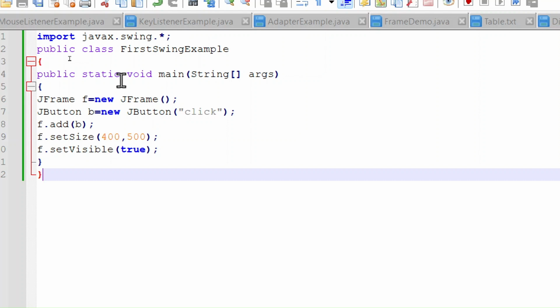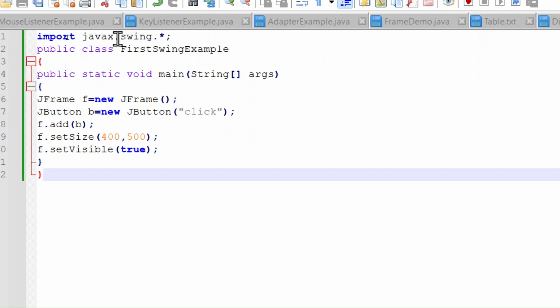And first method, let us take an example. So this is by creating the object of frame class, and this method is called association method because you are associating the object of a frame with your class, and you are about to create the frame using your class and frame object. So this is the example that we are taking here, that we are importing the javax.swing